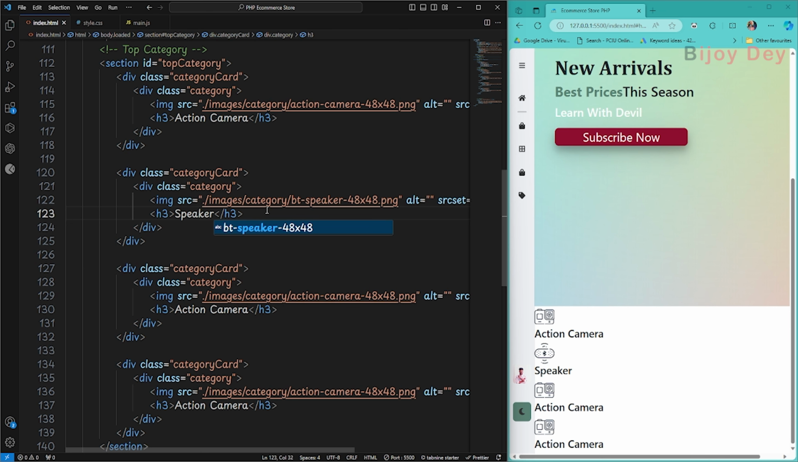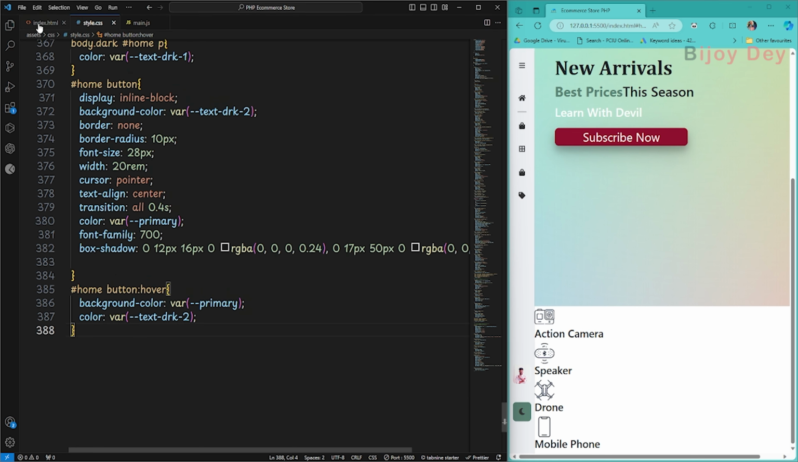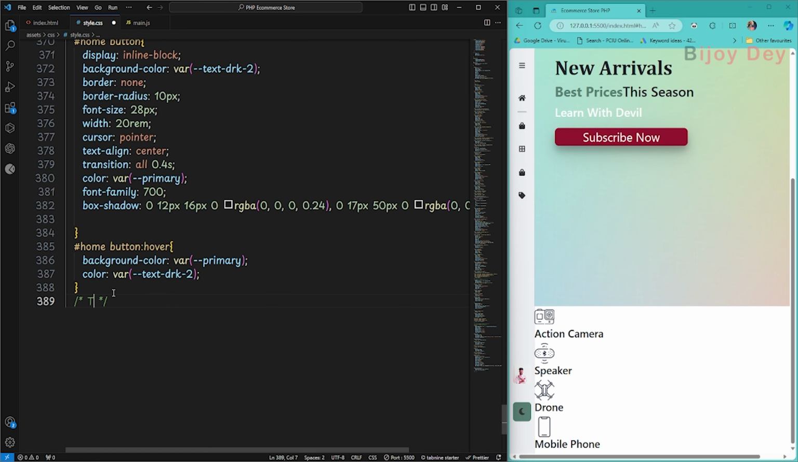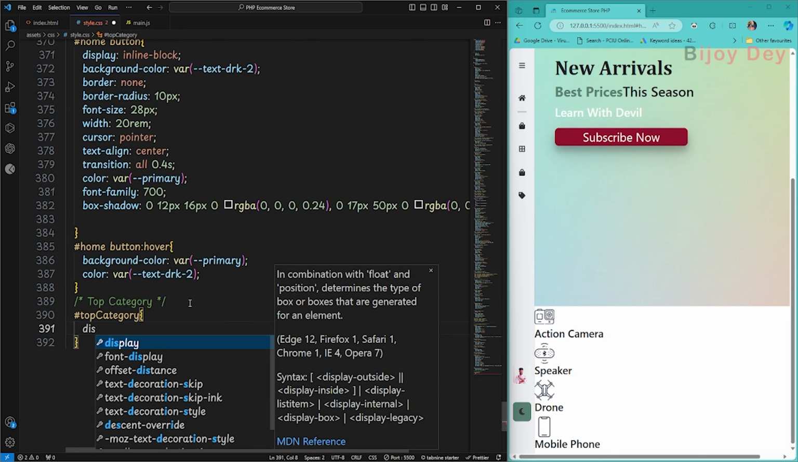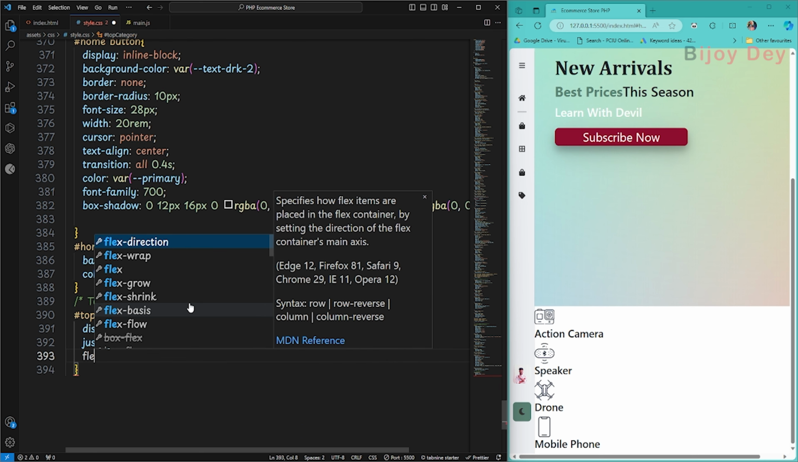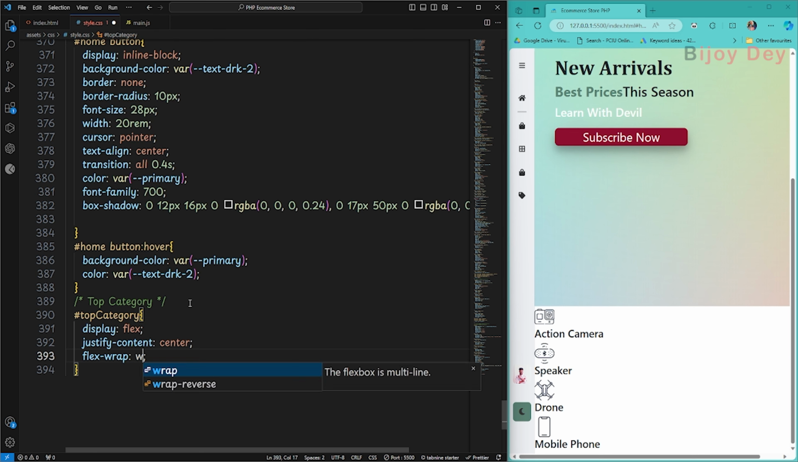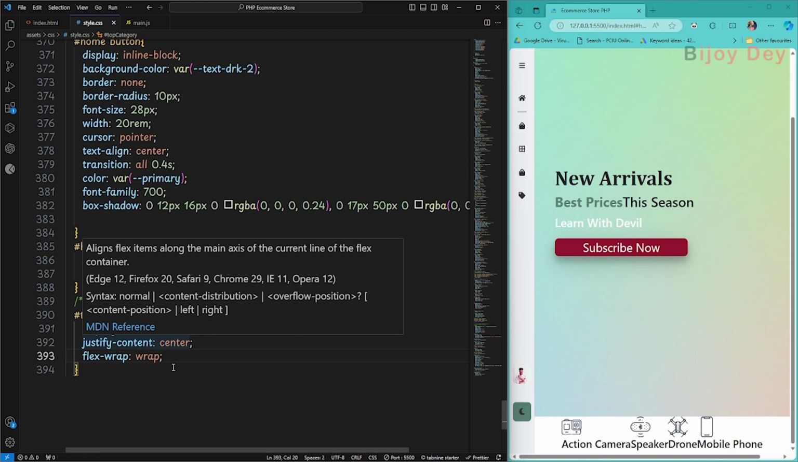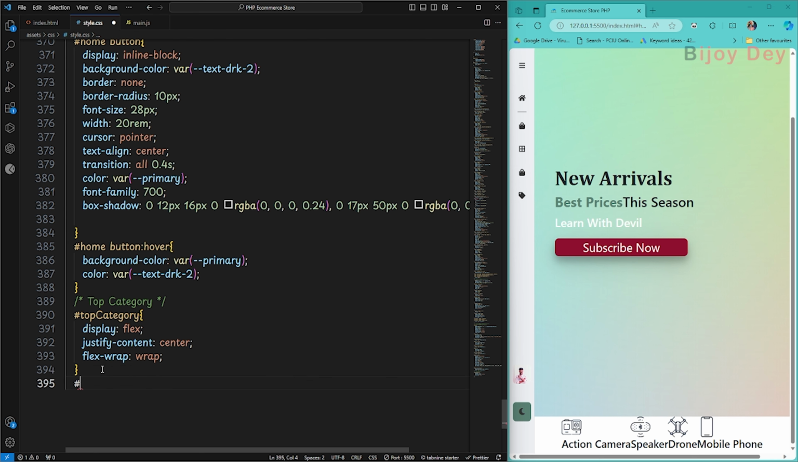Okay, now I am changing everything for time shortly. You can see the image and title. So now in our style.css, in a comment top category and #top-category, in properties display flex and justify-content center and flex-wrap wrap. Okay, and top category